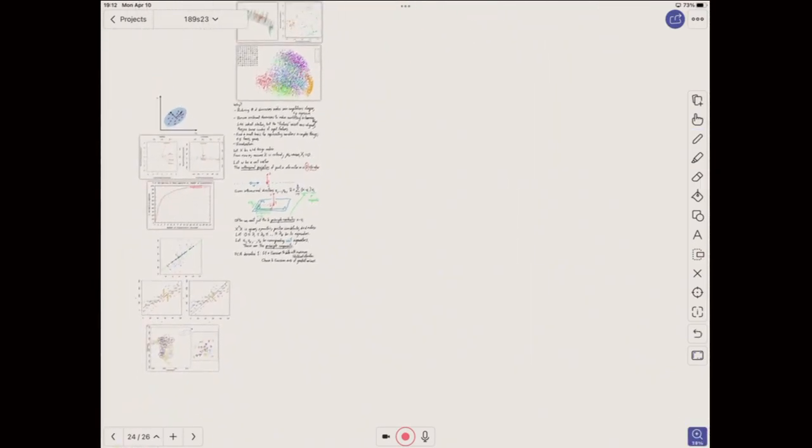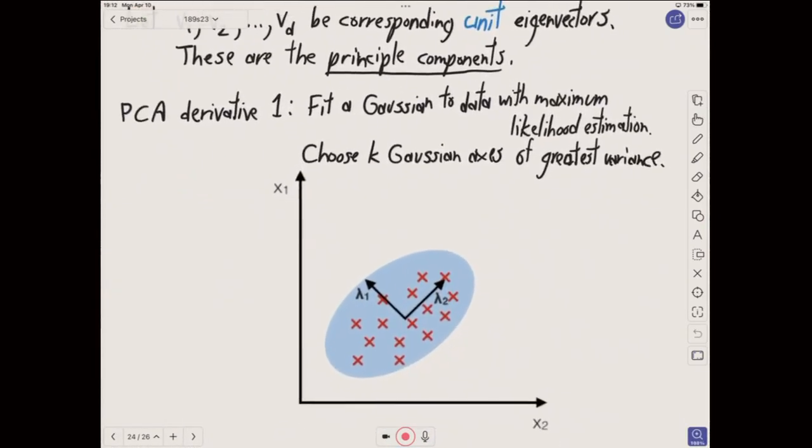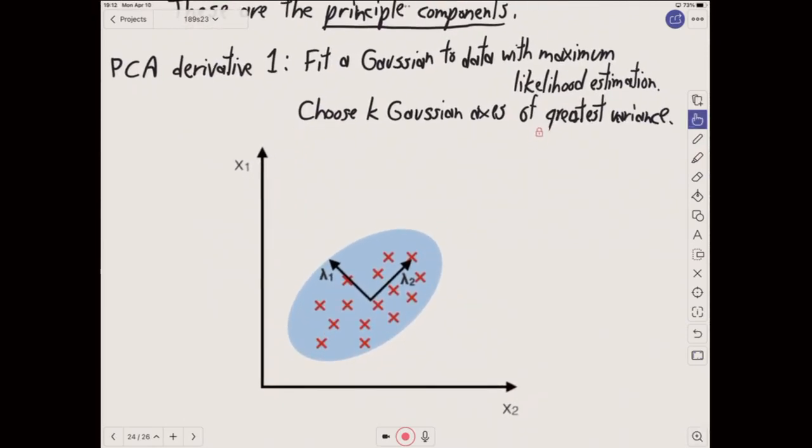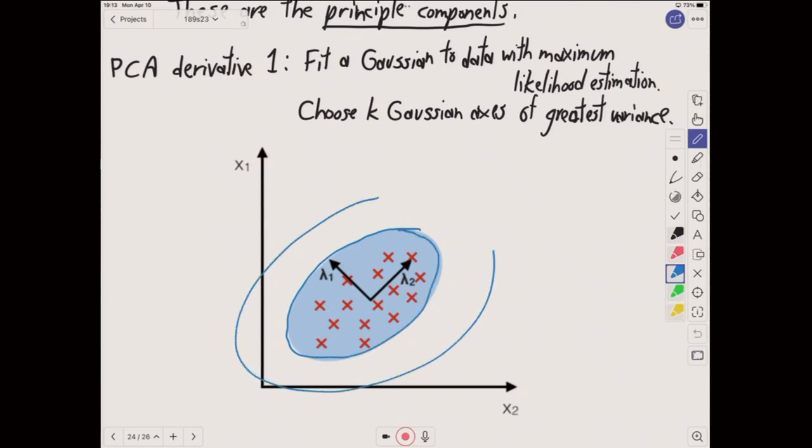So, here's a figure that conveys some of the sense of what we're doing here. In this figure, you've got your data, which is the red x's, and we fit a Gaussian to those red x's, just as we learned to do some weeks back, a month or 2 ago. And so once you've got that Gaussian, you've got its isocontours here, and you'll recall that the way you get this is by taking the eigendecomposition of X transpose X,